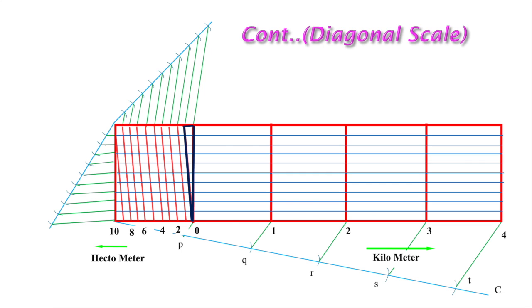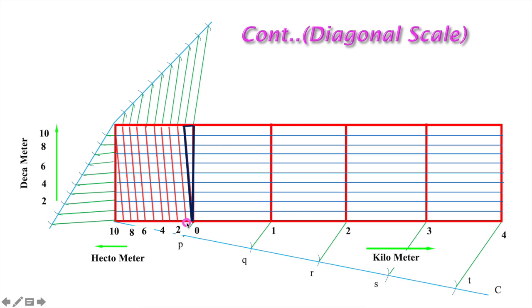So finally, though it is not visible clearly, this segment here is 1/10 of this dimension. So what is this dimension? It is a hectometer. So 1/10 of this means a decameter. So in this vertical direction we are getting decameters. Actually, in the vertical direction, what do we measure? We will show like this.